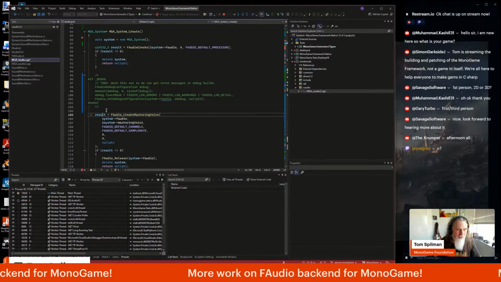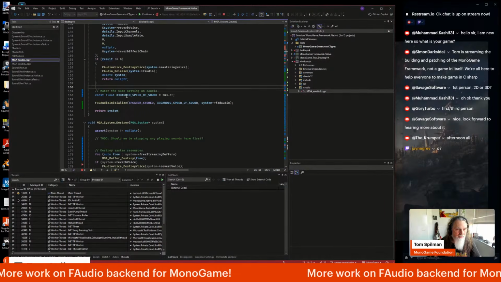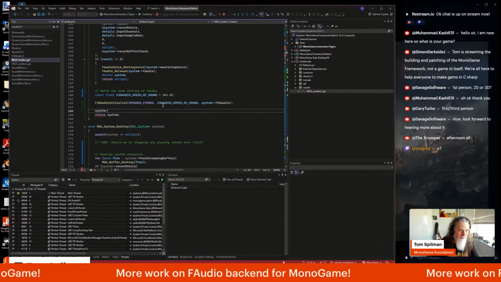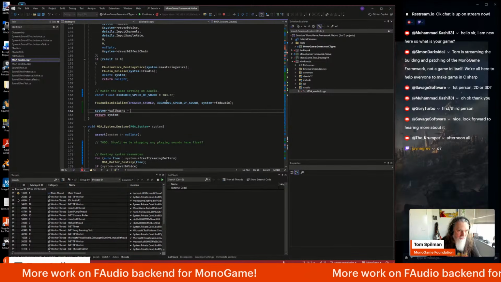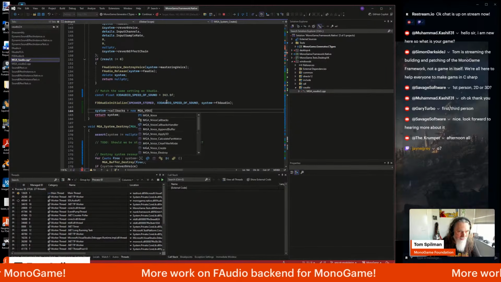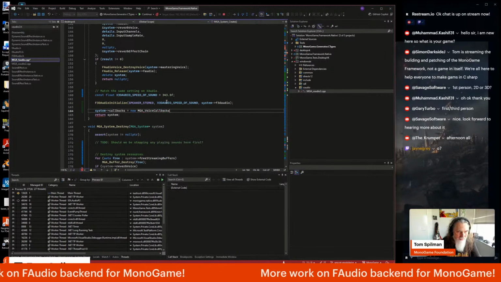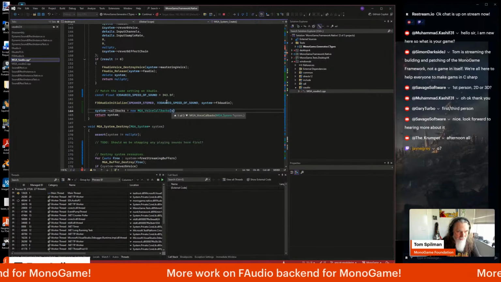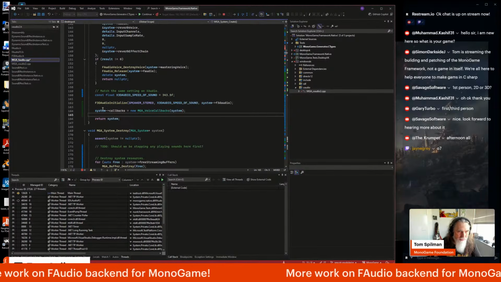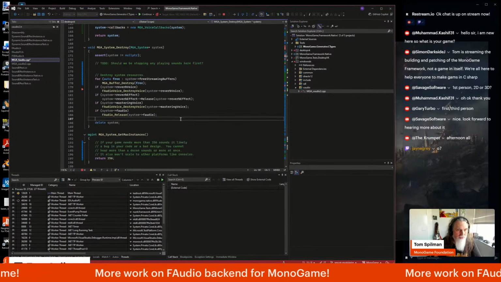Part of system create is then going to also be to create the callback system. And of course, down in here,